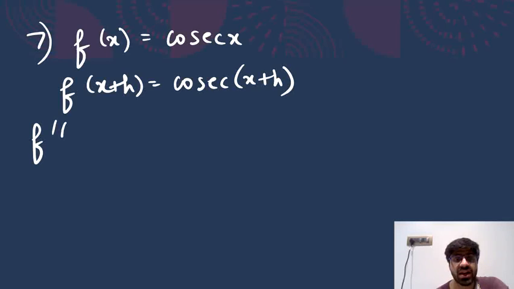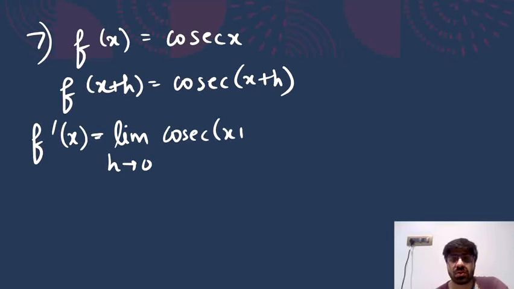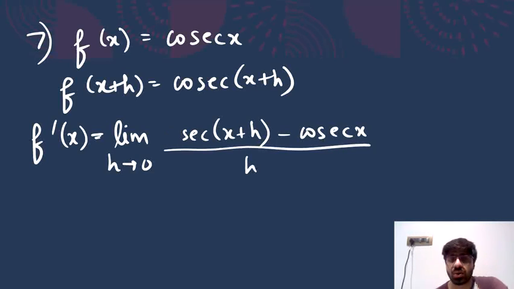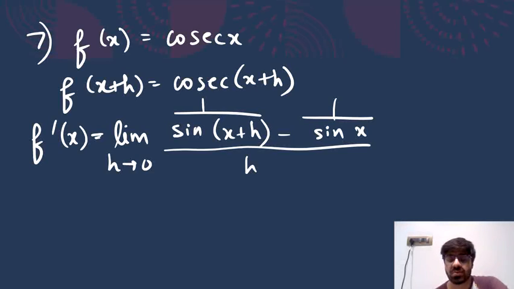Let's go ahead with f dash x, which is limit of h tends to 0, f of x plus h, that is cosec of x plus h, minus cosec x, the whole divided by h. And cosec of x plus h is 1 upon sin of x plus h, and cosec x is 1 upon sin x. So when you club the terms, it is limit of h tends to 0, sin x minus sin of x plus h,